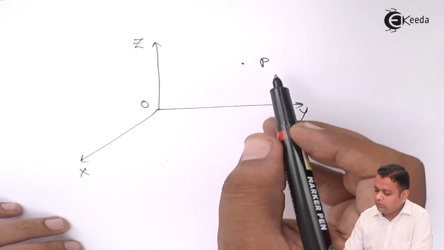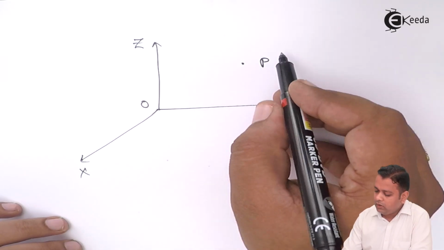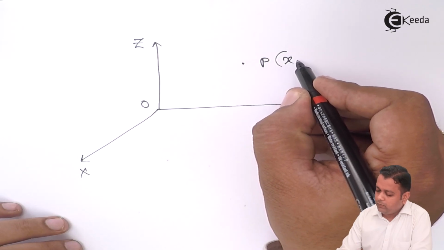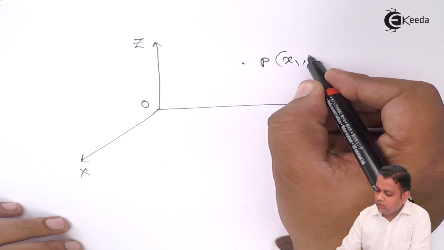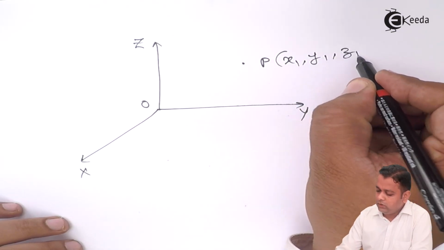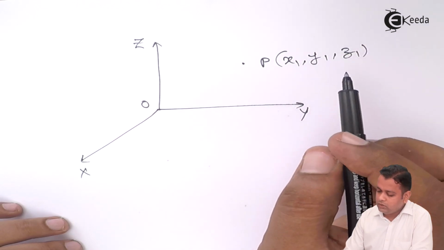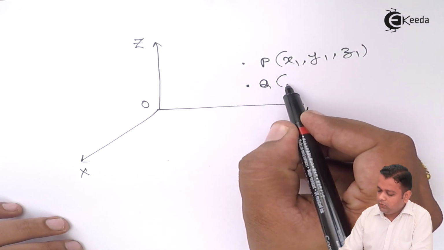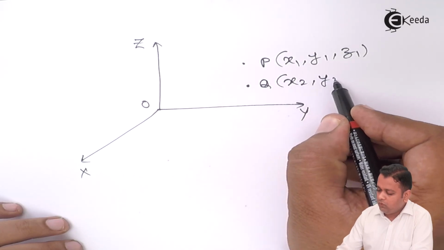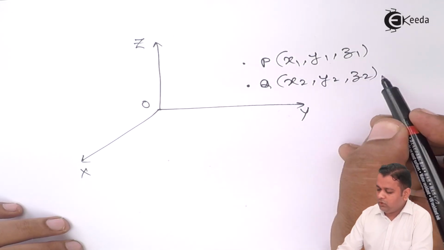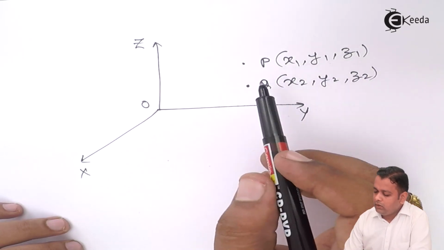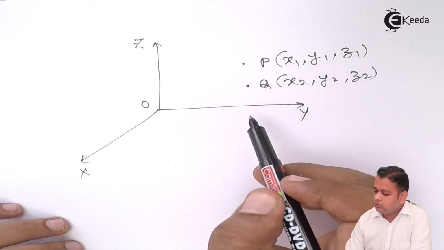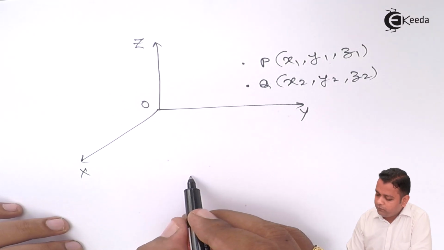So if P is in the space having the coordinates, let us say x1, y1, z1, and another point in the space, let us say Q, having the coordinates x2, y2, z2, and you want to find the distance between the points P and Q, then we have to write